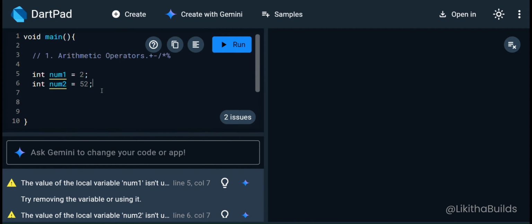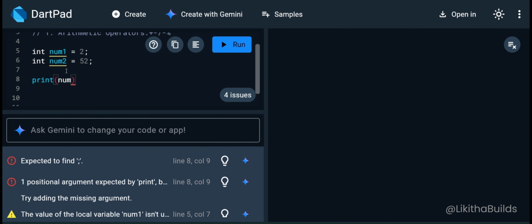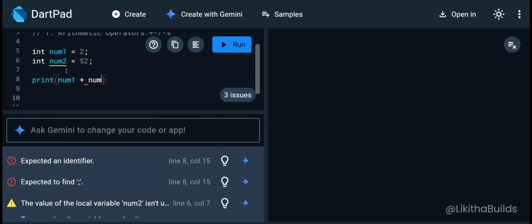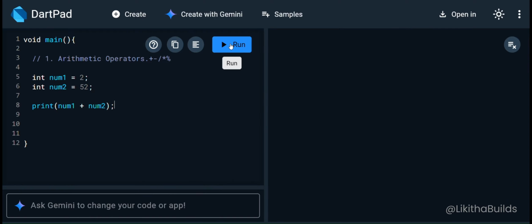Okay, now when we want to add two numbers, or the variables that store the numbers, we can simply use the arithmetical operator plus, like number1 plus the second variable, and end the statement with a semicolon. When I run the program, what happens, the addition of the two numbers will